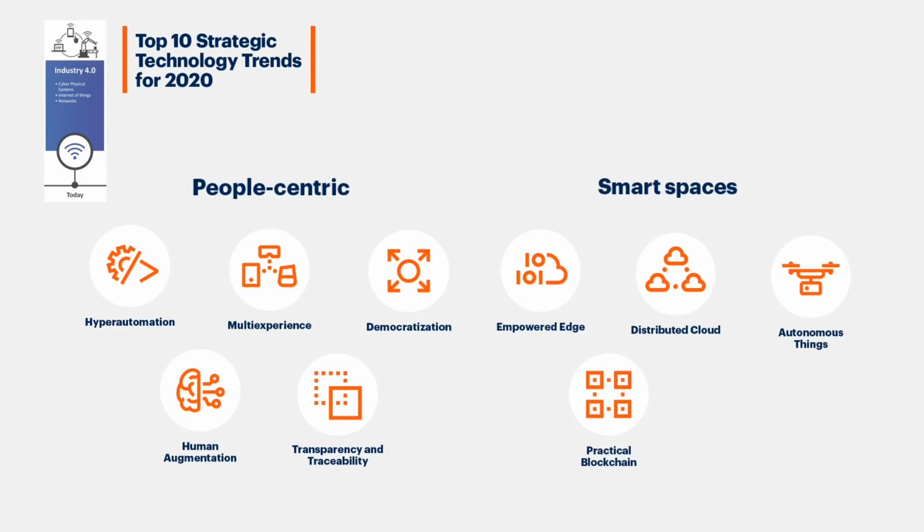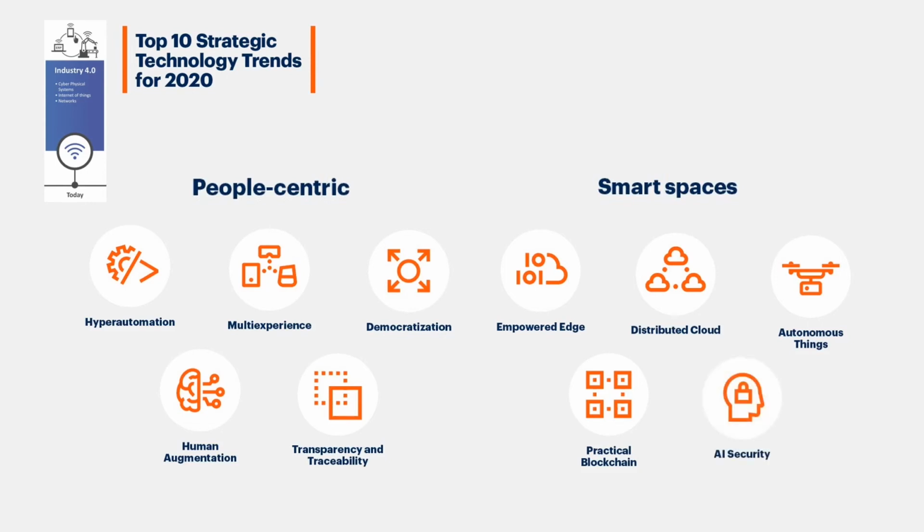Trend number 9 is practical blockchain. Blockchain is a type of distributed ledger, which you might be aware of. Again, already used in isolated cases, but is expected to be fully scalable by 2023 and become an integral part of business processes. And this trend leads on to machines using blockchains for transactions themselves, like your car negotiating its own insurance price, for example, based on the data from its sensors without you being involved at all.